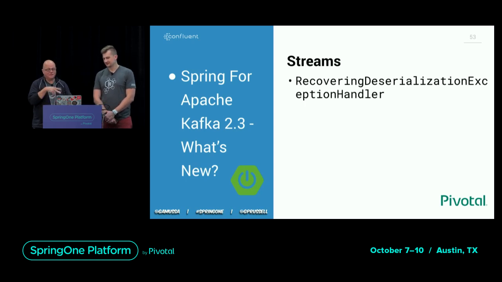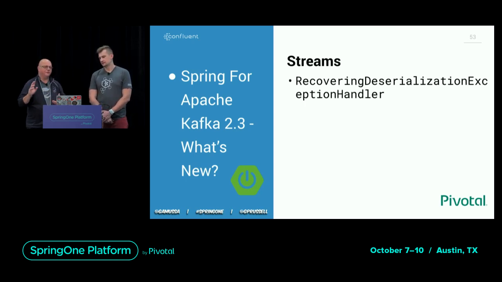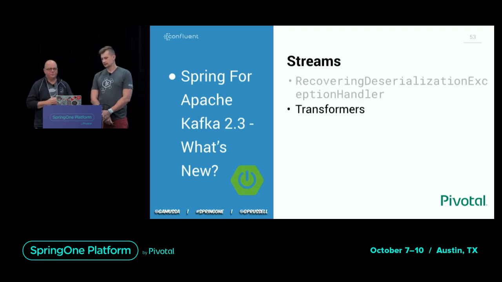Yeah. In a similar vein to that, Kafka Streams provides a log and continue or a log and fail exception handler, like throw exception and fail, or throw exception and continue. Yes, whereas this one gives you the ability to add what we call a recoverer, which is basically a BiConsumer that you can then use to do something like write that bad record to another topic, to a dead letter topic. So that's what the recoverer does.